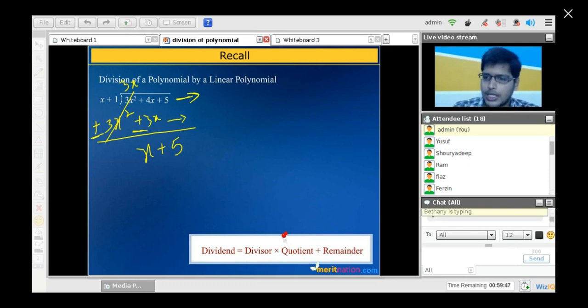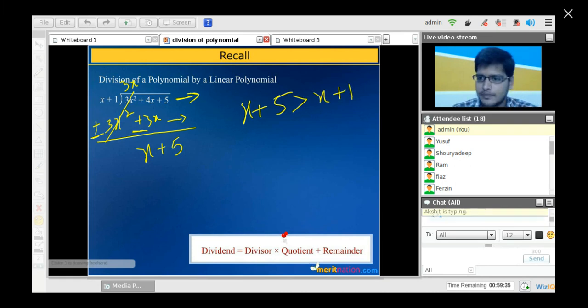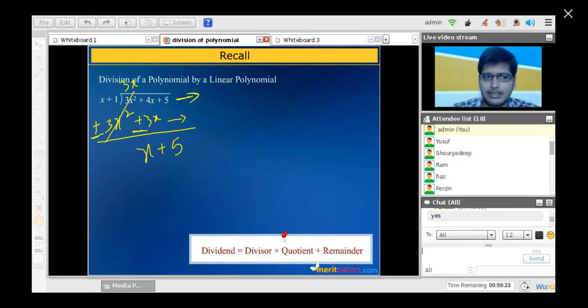How are you saying that? Because after the first division you got that x plus 5 is greater than x plus 1. Do you agree with this? X plus 5 is greater than x plus 1. Yes. That is why in the earlier part also, if you say, always the remainder should be less than the